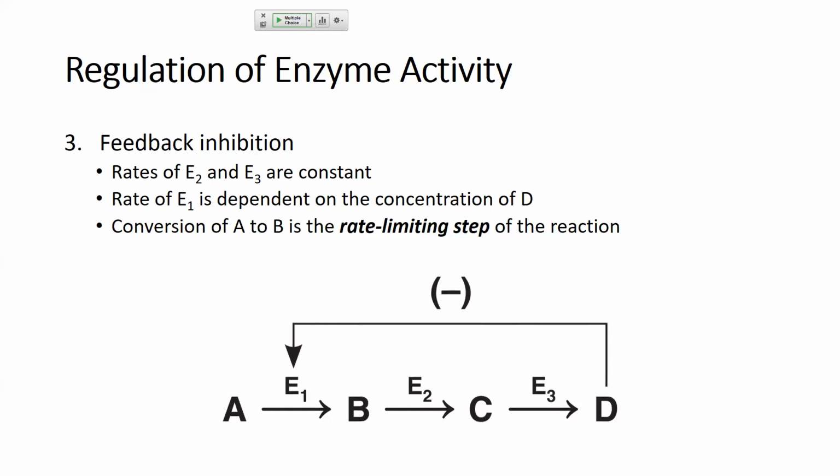Because once A goes to B, no matter what, B can go to C and C is going to go to D at the same rate. But that concentration at the end is still